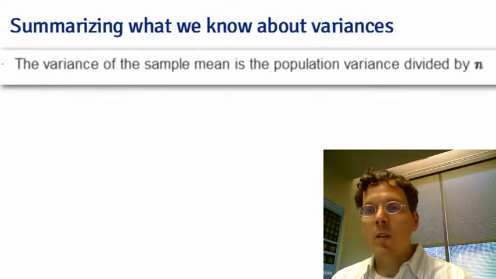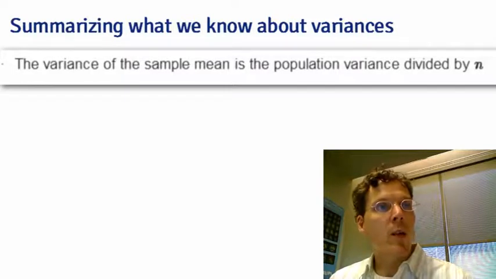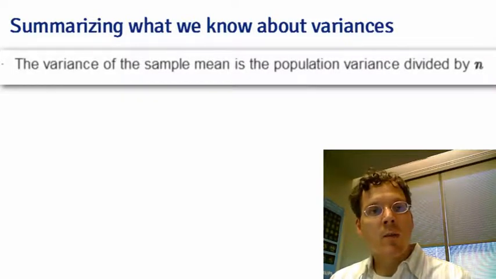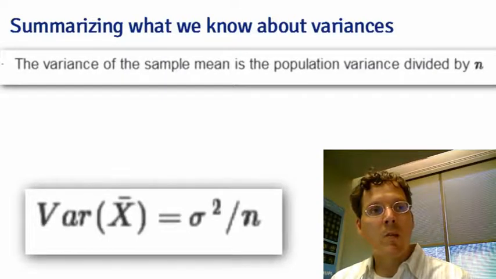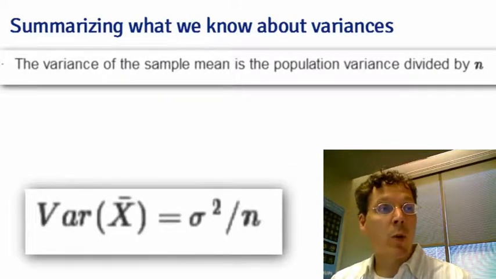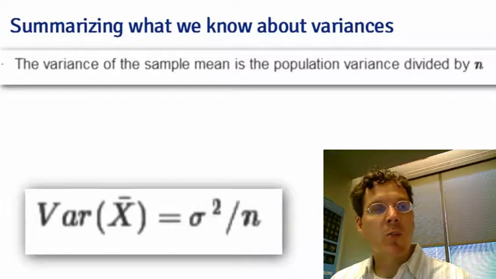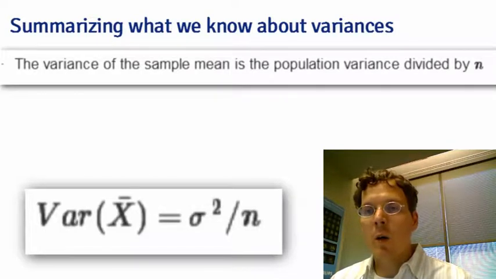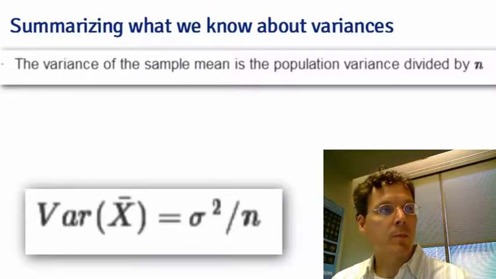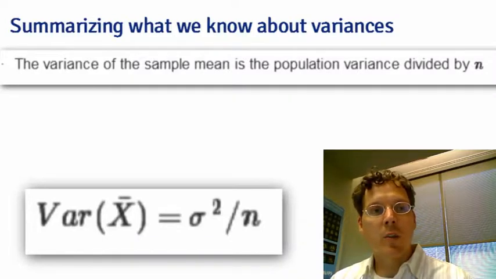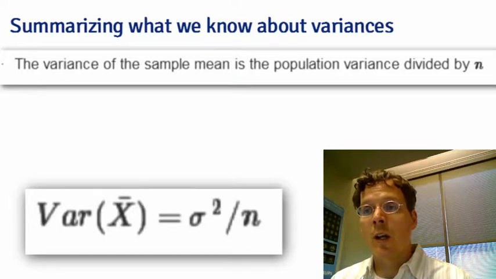We also know a lot about the distribution of sample means. We know where they're centered from the last lecture, but we also know in this lecture that the variance of the sample mean is the population variance divided by n, and the square root of it, sigma divided by square root n, is the so-called standard error. These quantities represent how variable averages drawn from this population are. And it turns out that we can say a lot about the distribution of averages from random samples, even though we only get to look at one on a given data set. And this gives us a lot to work with, and it forms a lot of the foundation of ways in which we can perform